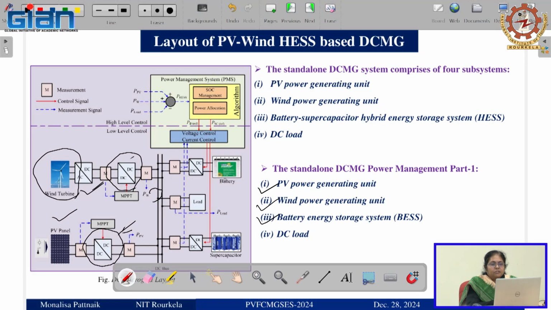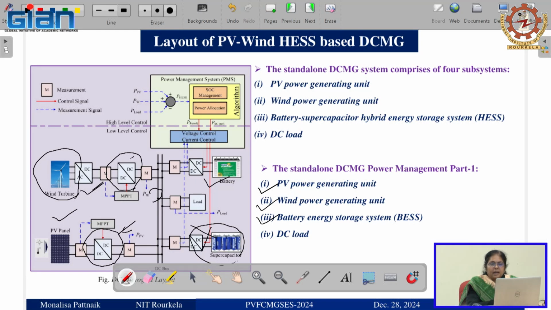Then you have the storage battery, which can serve all the purposes, but to reduce the size of the battery, we are adding another storage which has high power density compared to this battery, which has high energy density. It is used for supplying the power during transient operation. But in today's case, I will not explain about the converter or its uses here. I will talk about this first.